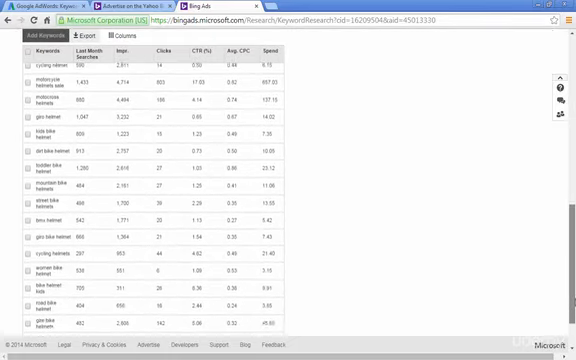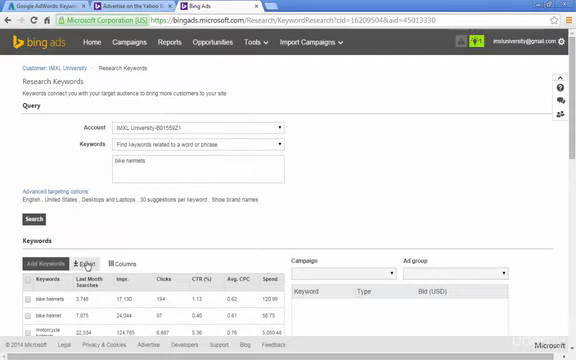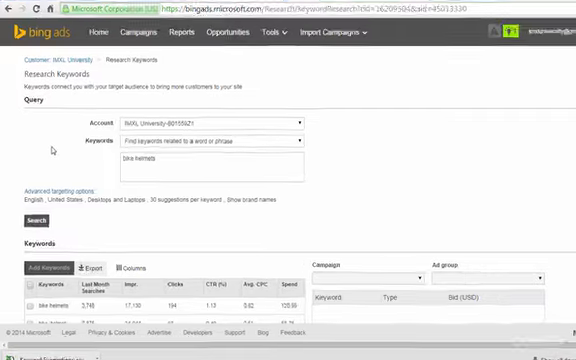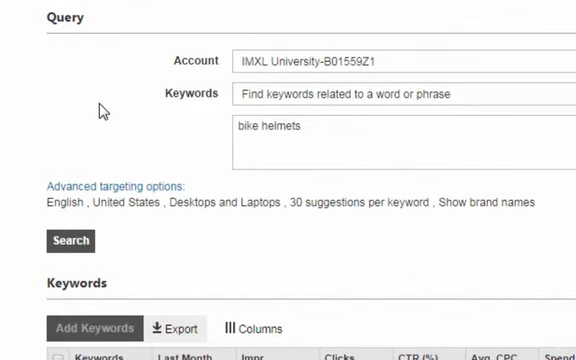You get information on bike helmets. And you can export it to a CSV file. You can also do some advanced options if you see below the cursor, but that's pretty much